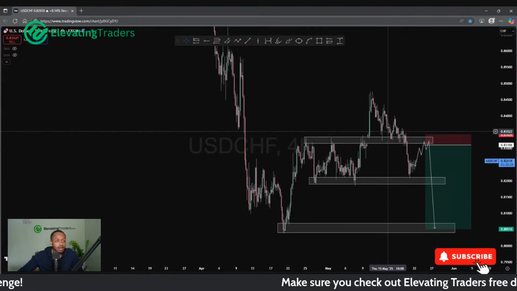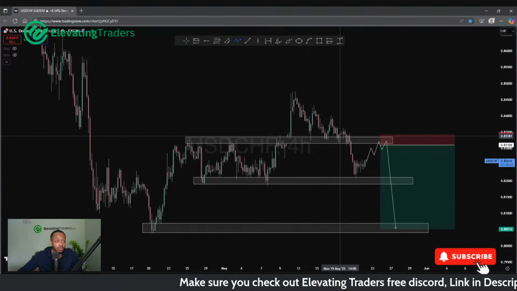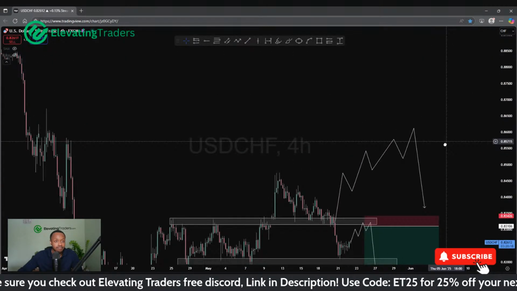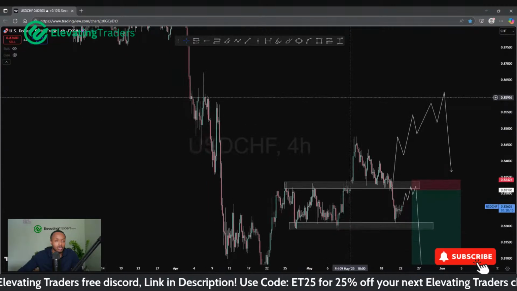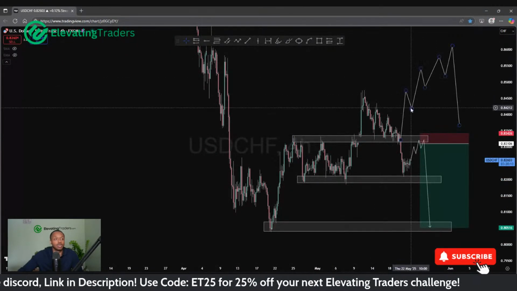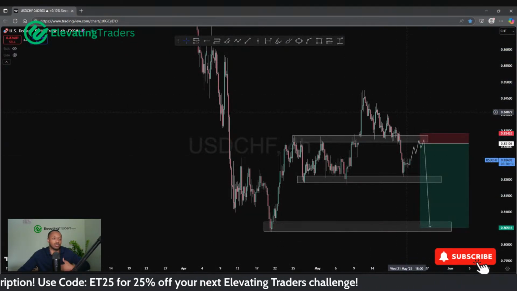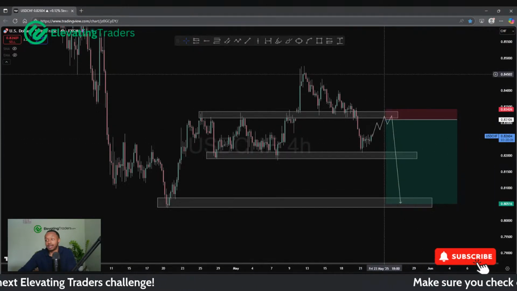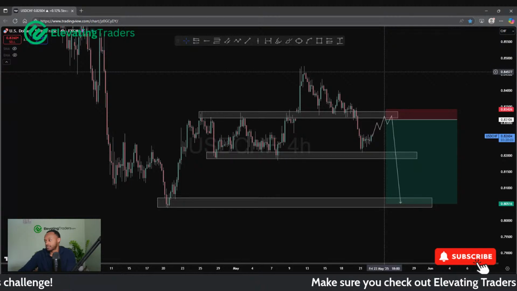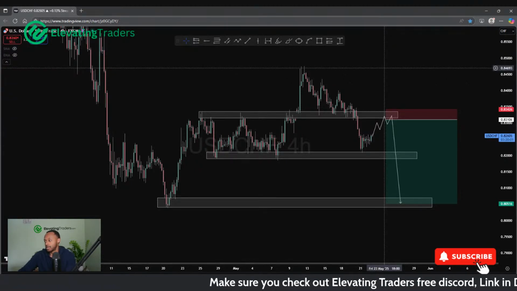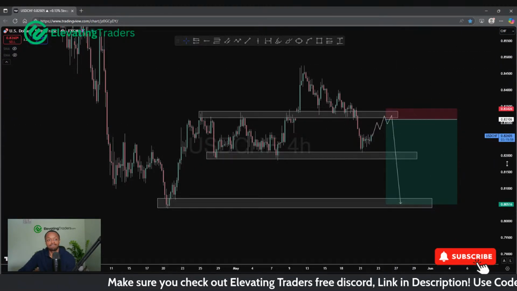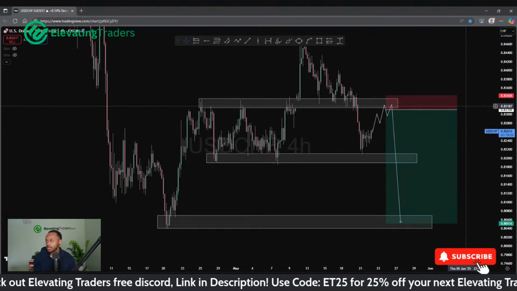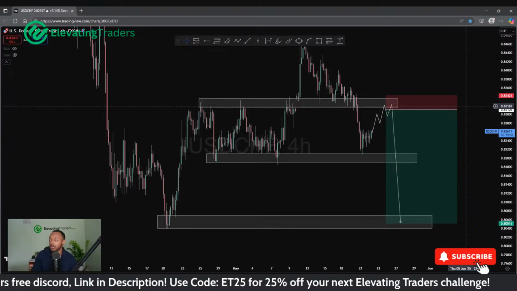At the beginning of the week, I was looking for us to hold this level as support and then continue a little bit higher, because I had some levels around 0.86 and 0.87 which I was looking to short from. But again, similar to dollar CAD, it just looks like the market's a bit too bearish. We're not going to see those bigger pullbacks. So this is the best I can see for now. So yeah, dollar CHF looking pretty bearish. Might be able to get into some more shorts there.